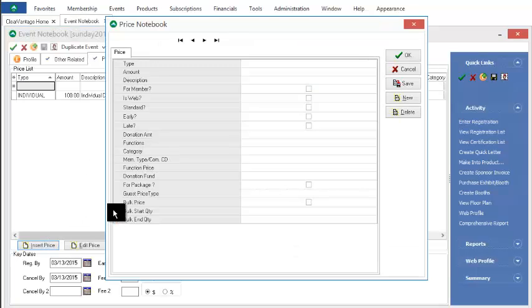Now let's set up registration for our sponsors. This is a key step in setting up parent-child functions. To do this, we enter a price type called Table Sponsor. We will set the price to $0 because we will assign the $600 fee to the parent function in just a couple of minutes. We do have the option of setting the table sponsor price to $600 instead of putting